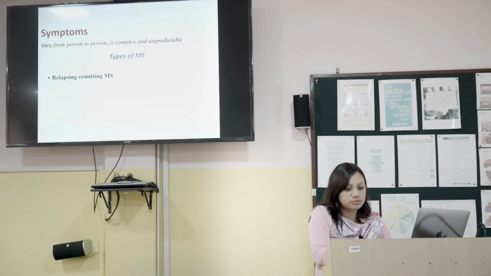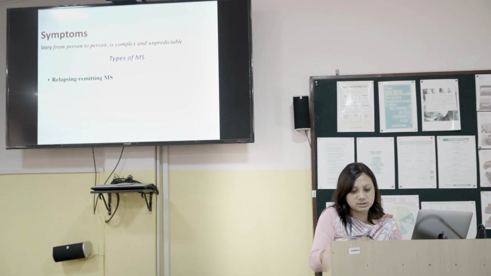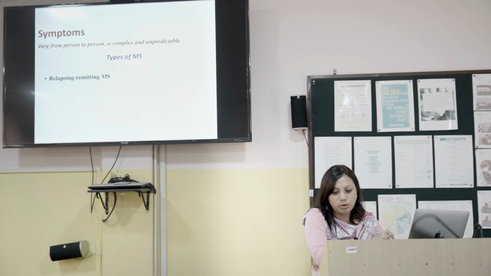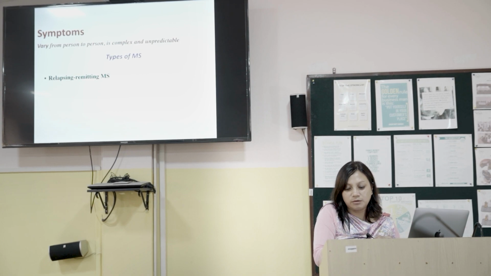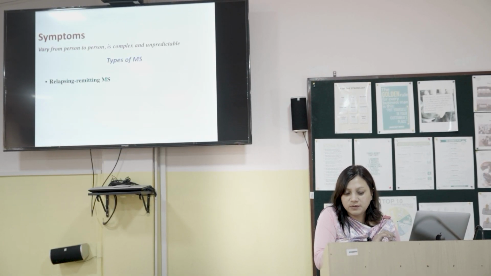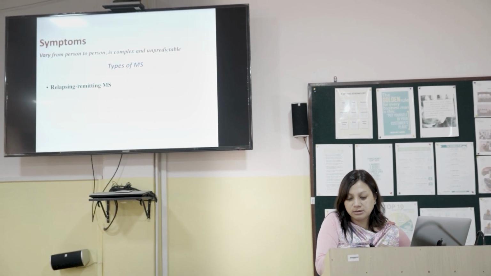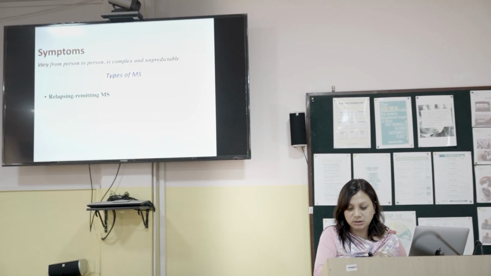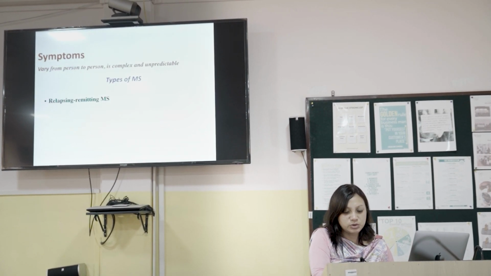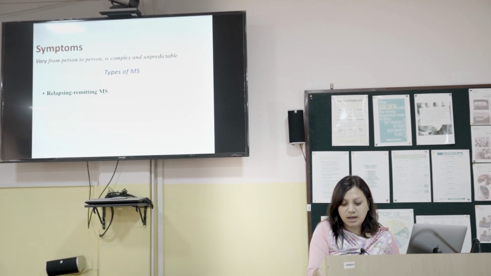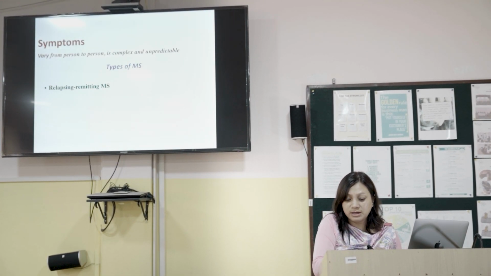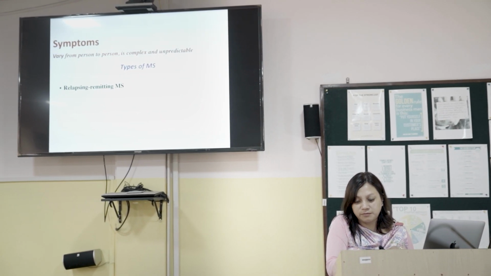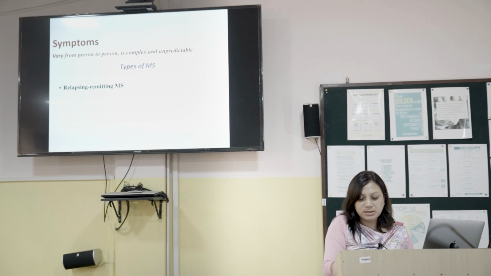The first one is relapsing remitting multiple sclerosis. Symptoms in this type come in the form of attacks. In between attacks, people recover or return to their usual level of disability. When symptoms occur in this form of MS, it is called an attack, a relapse or exacerbation. The periods of disease inactivity between MS attacks are referred to as remission. Weeks, months or even years may pass before another attack occurs, followed again by a period of inactivity. Most people with MS are initially diagnosed in this form of the disease.